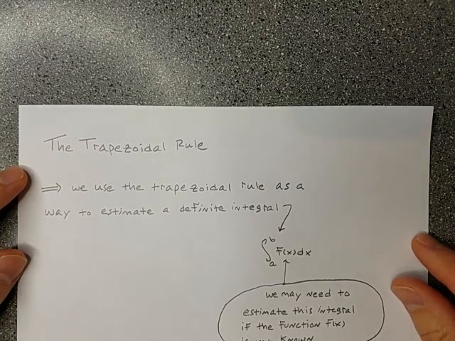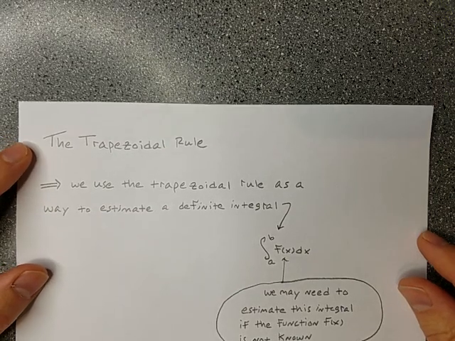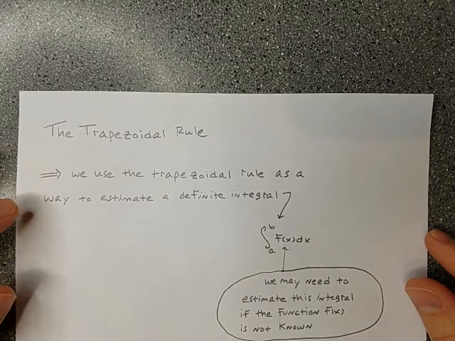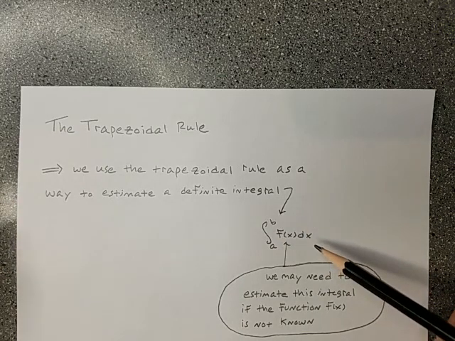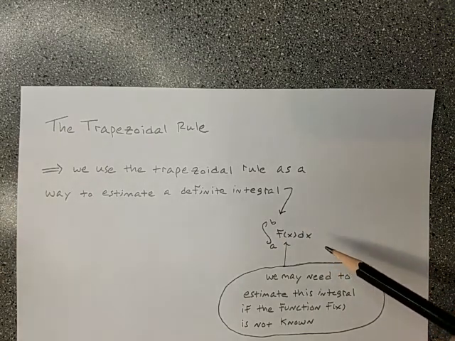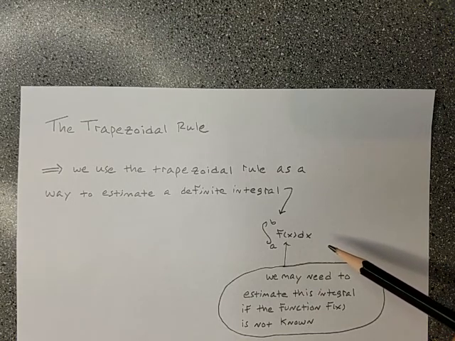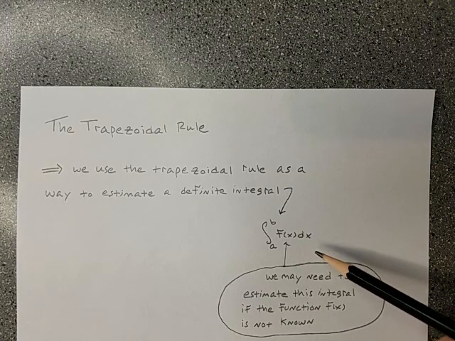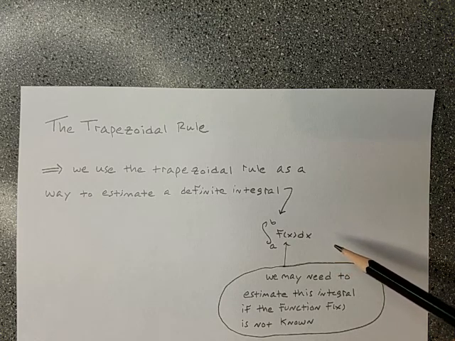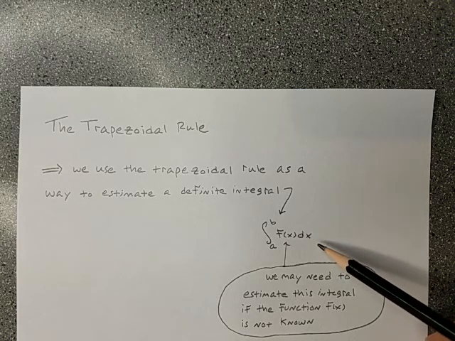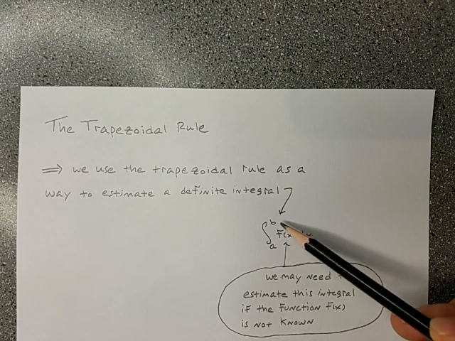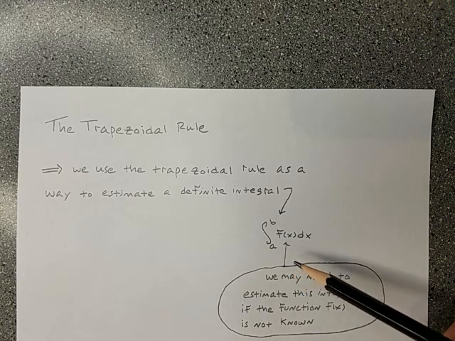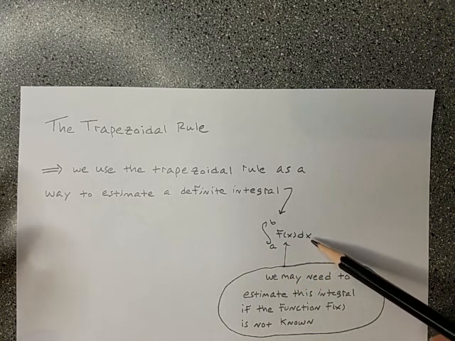Okay, so the trapezoidal rule is something that we use as a way to estimate a definite integral. So suppose that we want to evaluate this definite integral for some reason. Definite integrals can be lots of things, depending on what you do. If you're a certain kind of engineer, or you study the sciences, say like physics, then definite integrals can do lots of things for you. All right, but suppose you want to evaluate that,